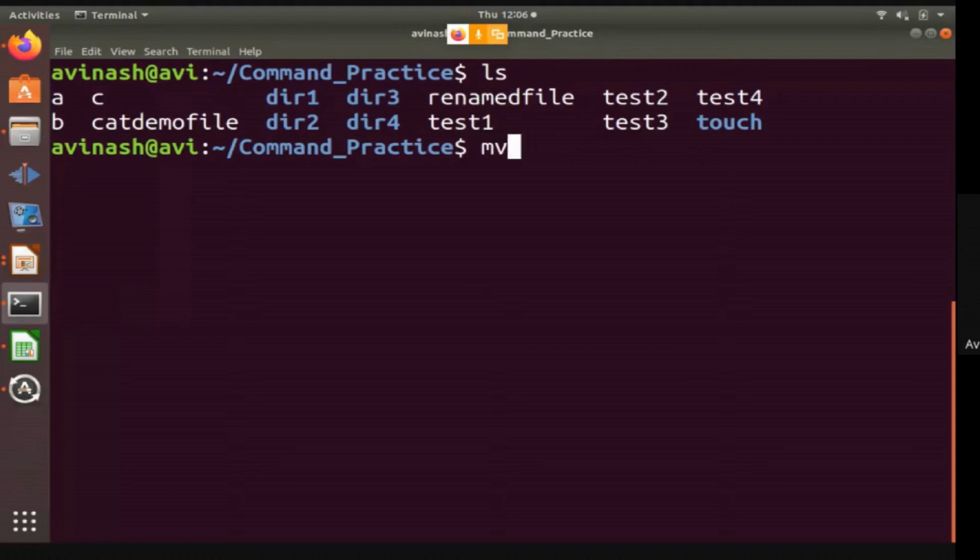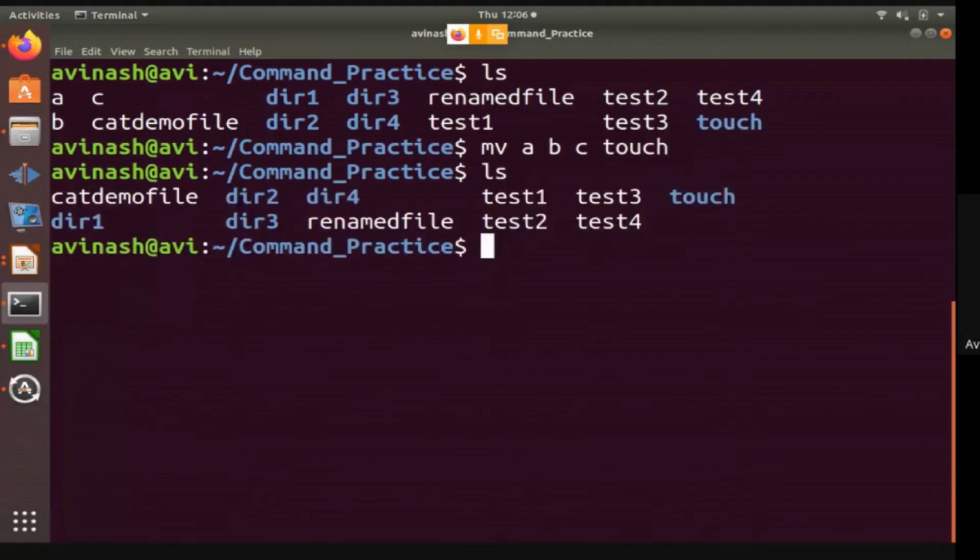Also, the mv command can be used to move files from one directory to another directory. So let us try to move files A, B, C to a directory, let us say touch directory, then ls. You can see now the files which were present previously, A, B, C, are no longer displayed.